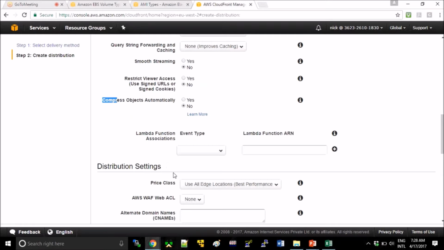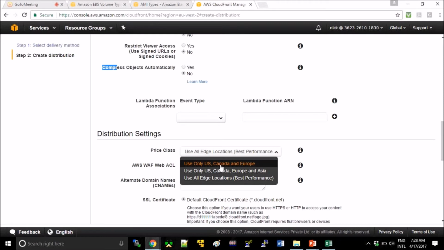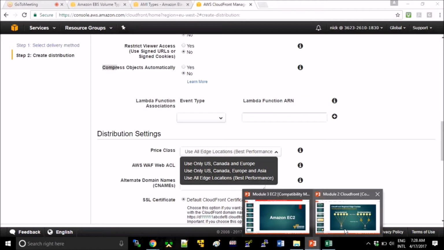Okay, then there is price classes. Okay, price classes is important. If you see, there are three options: use only US, Canada, and Europe; use US, Canada, Europe and Asia; and use all edge locations, best performance. What does it mean? Like if we are price sensitive, okay,